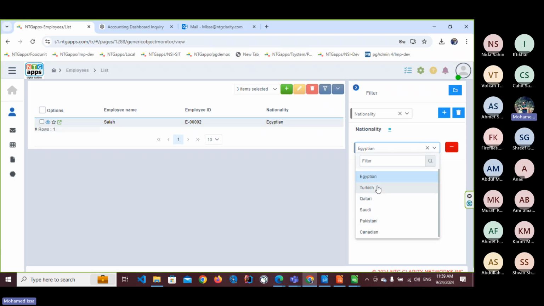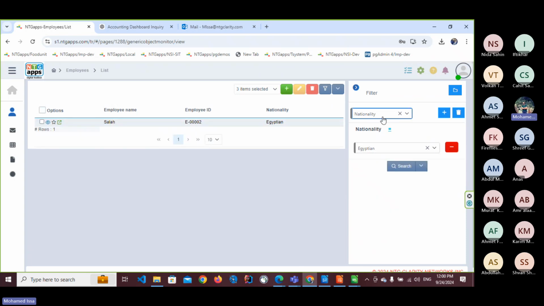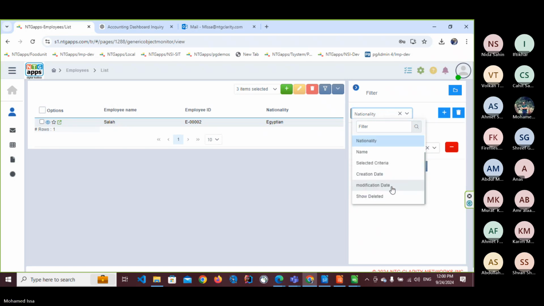I can select others. I don't have any Turkish nationalities, I don't have any Qatari, and so on. So I select my criteria, and also I can select multiple criteria, actually, the nationality and Egyptian. This is the nationality. No, this is the one. I can also select a different criteria, for example,